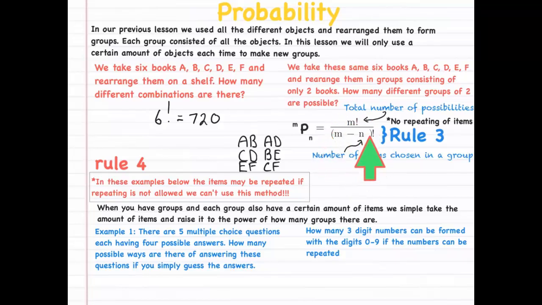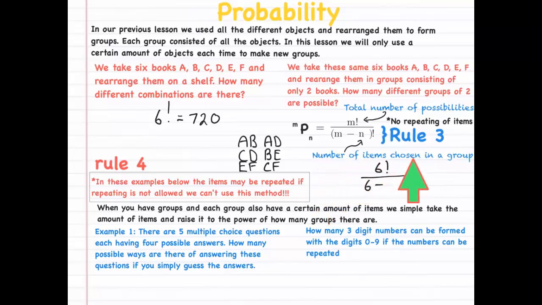Now again, the total number of possibilities is the total number of books that we have, or all the different objects, which is 1, 2, 3, 4, 5, 6. So let's quickly do that here. This will be 6 factorial divided by, and then we take all the different number of possibilities, which is m, which is 6, and see this time there's no factorial with it. We minus the